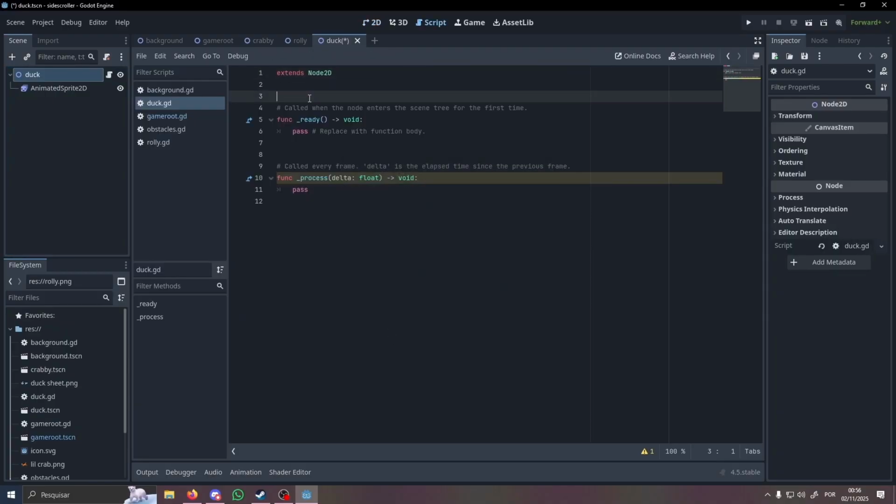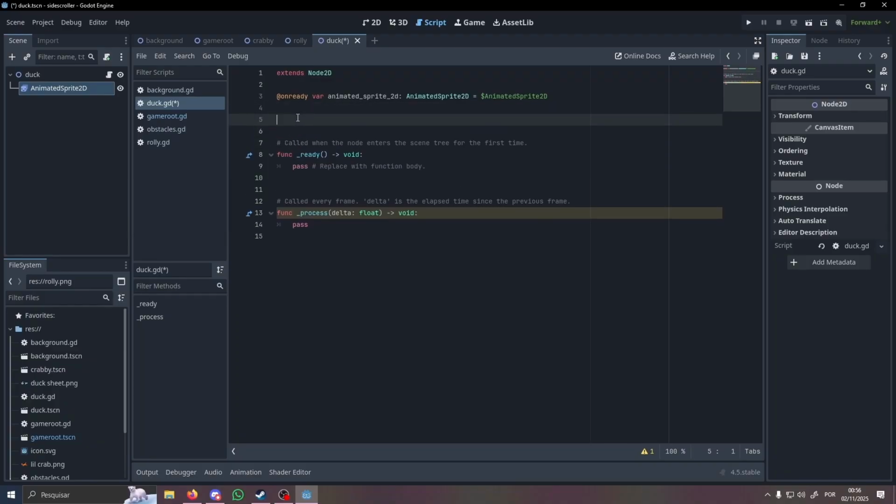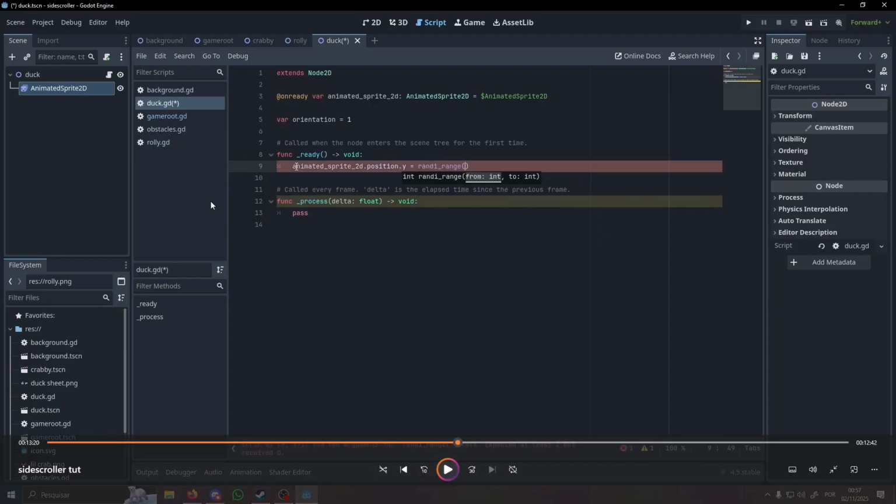We made the duck script because unlike the Krabby, the duck is gonna have a behavior. It's either gonna be facing left or facing right, and it's gonna move towards that direction. So here we have the orientation that we just start off as 1, but as soon as the node is instantiated, we randomize that. You're gonna see animated sprite 2D position equals a random range position.y, meaning the same logic that's gonna spawn the Krabby is gonna spawn the duck,